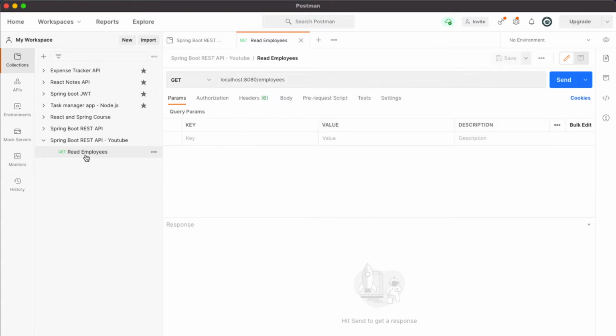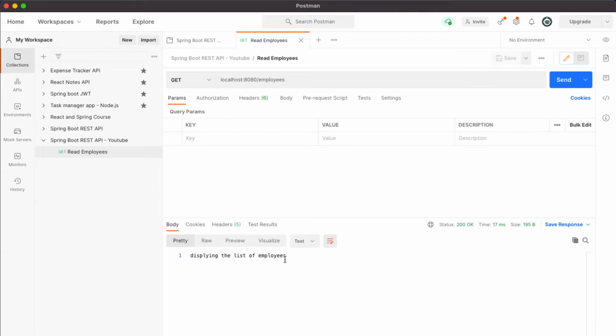So now we have the read employees. So you can test this. Click on this send. We should see the message displaying the list of employees. Similarly we are going to add 2 other requests.